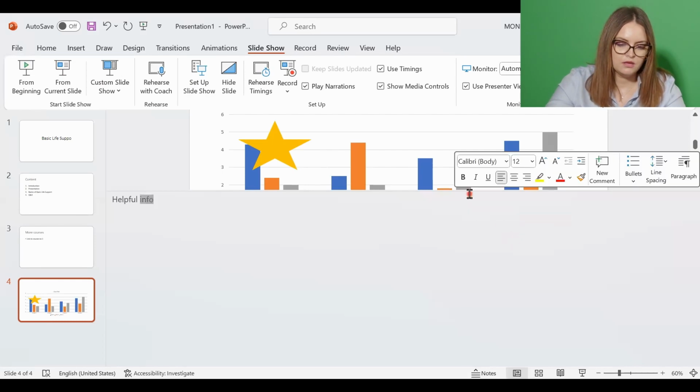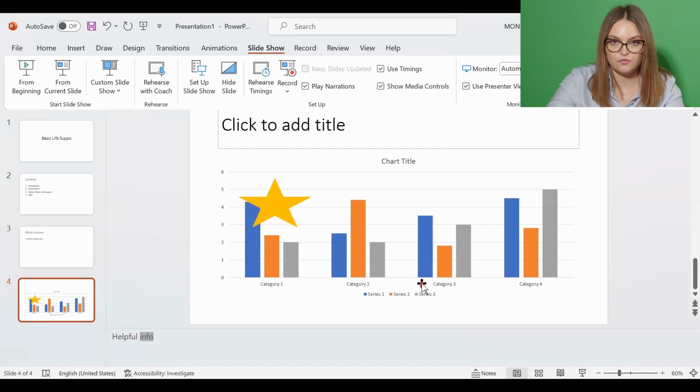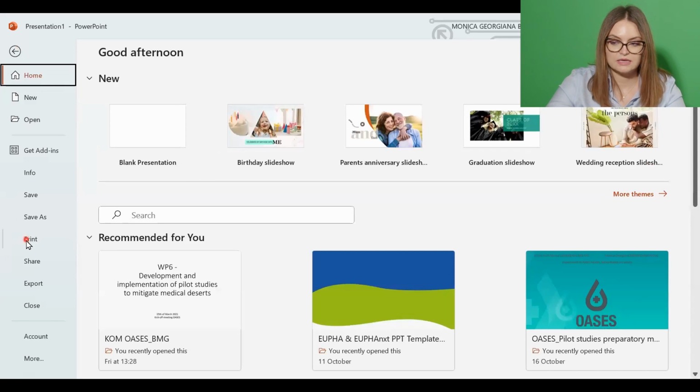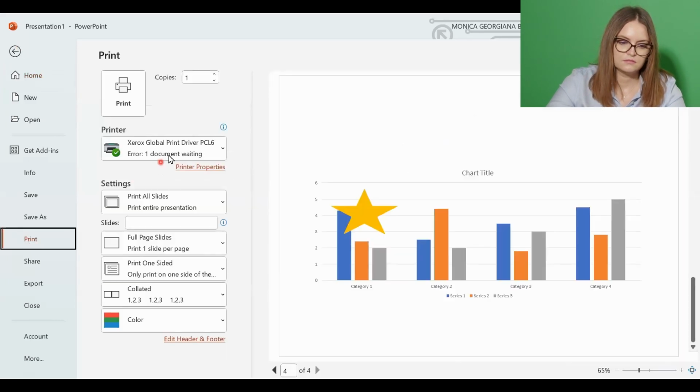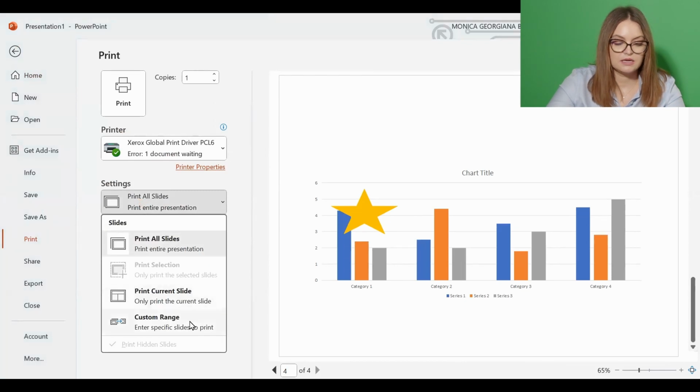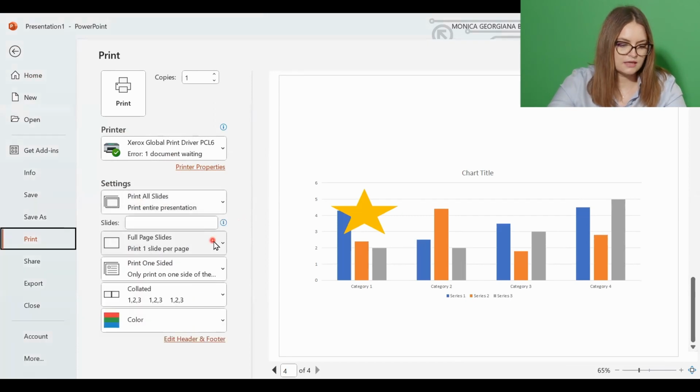Now we will decrease the dimension of the notes for us to be able to see the slide, and we will print the presentation. In order to print the presentation, we will go once again to the File tab. We click on File tab, and then once again we will go to Print. Now we have the printer selected, and we will go to Settings to make sure that the settings are what we want. We will select print either all the slides or the current slide or custom range as we did in Microsoft Word, and then we will make sure that the layout is the one that we want,